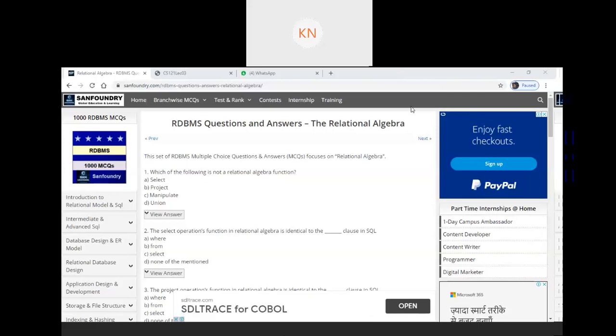It is not select. I told you, when I was going over the unary operator select condition, don't confuse it with the select operator in SQL. Here it is the where clause. What does select do? It finds the number of tuples. If you want to work on the tuples, which clause should you go for? You have used the where clause, right? So it will be where.